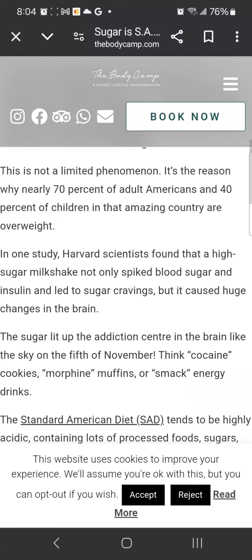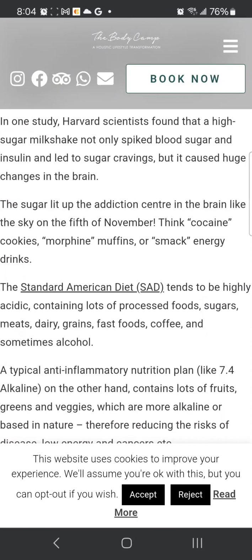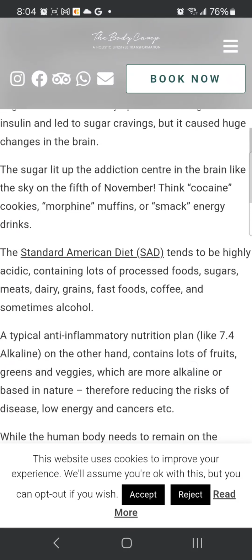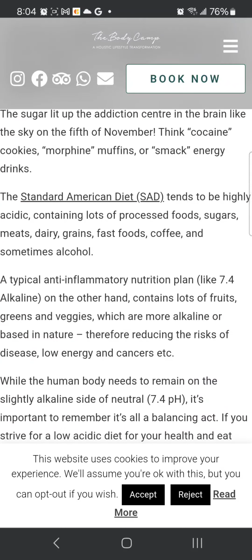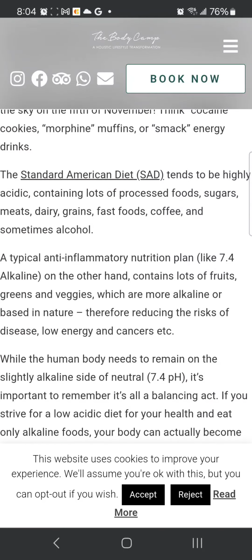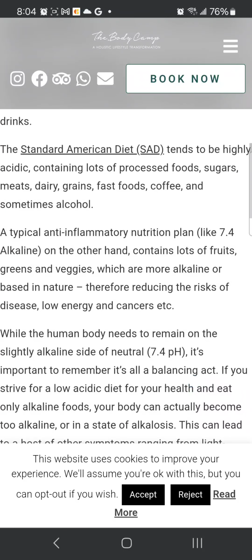So it spikes your blood sugar and makes you crave more sugar. It's basically like cocaine. It says the sugar lit up the addiction center in the brain, just like the sky on the 5th of November. Think cocaine, cookies, morphine, muffins, and smack energy drinks. I mean, standard American diet. That's what SAD stands for. It tends to be highly acidic, containing lots of processed foods, sugars, meats, dairy, grains, fast food, coffee,